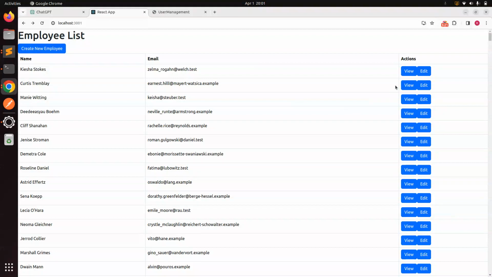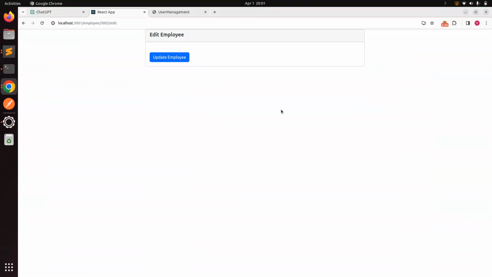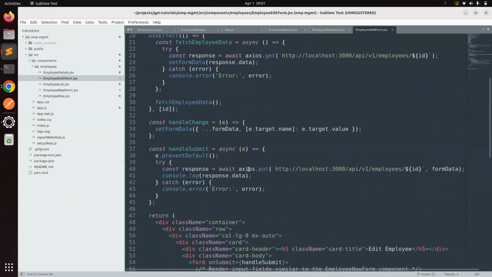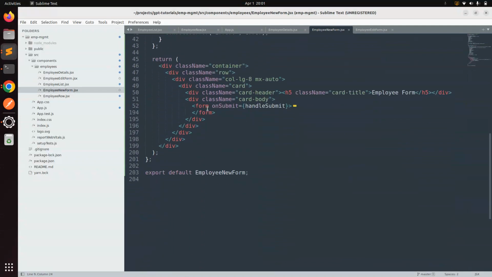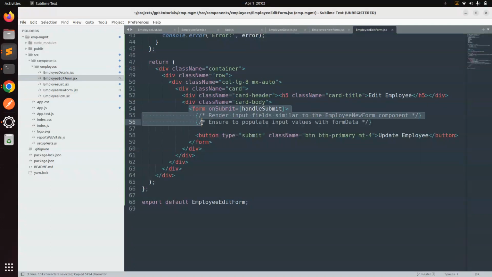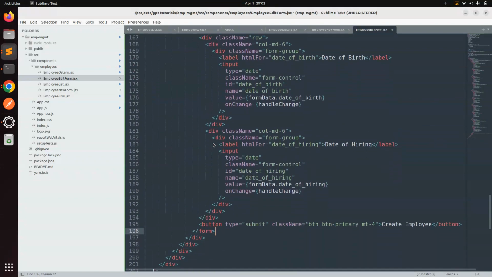Okay, and here you can see that this is the link to edit the employee. When you click on this link, we are seeing an empty form. Actually, it does not have any form here, because ChatGPT has given us the commented lines here. So we need to replace our form here with exactly the form that we have for the new employee. In the new employee component, copy this form, paste it here to replace the existing form with our new form, and then just change this button text to update employee,